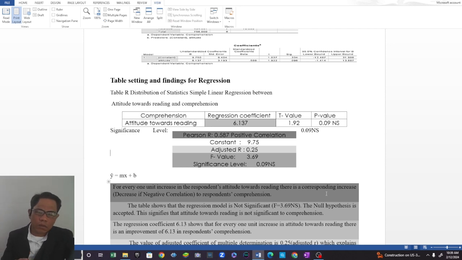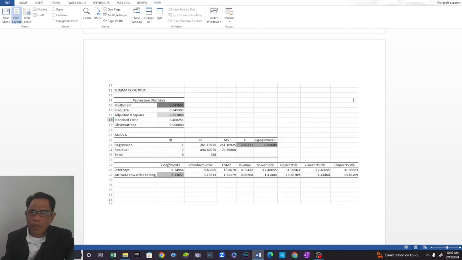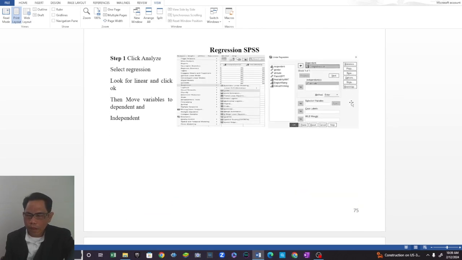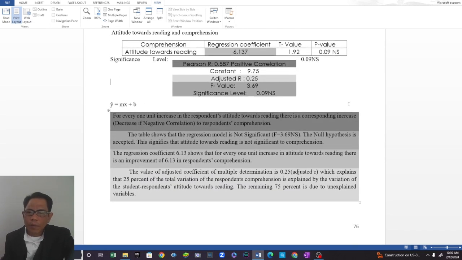So that's one of the things that you have to consider in regression. The conditions that are set are stated in previous pages. The table shows that regression models are significant. This signifies that attitude towards reading is not significant to comprehension. It is theoretically, but the regression model does not say it is because it didn't fit the conditions from which